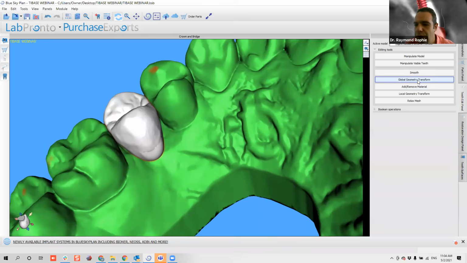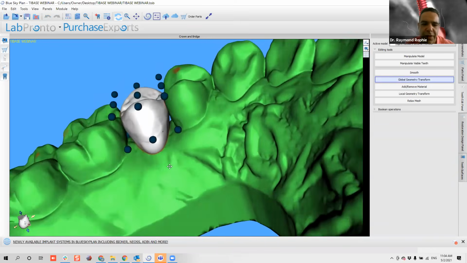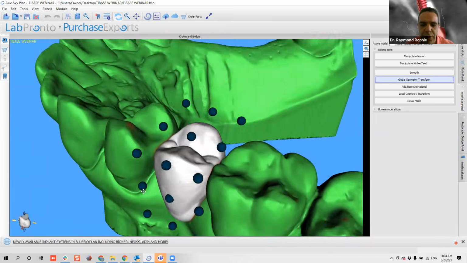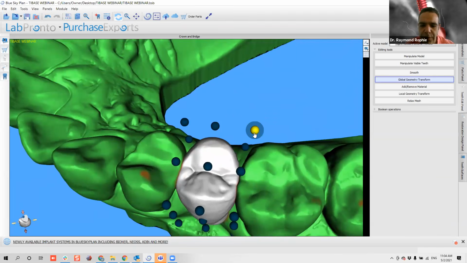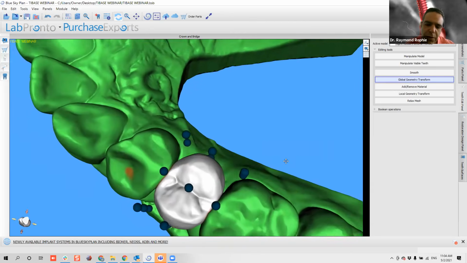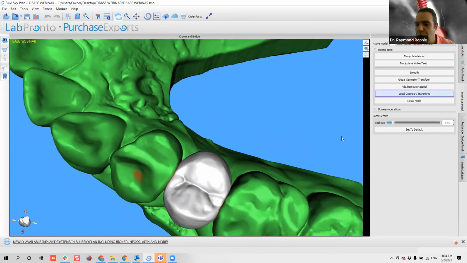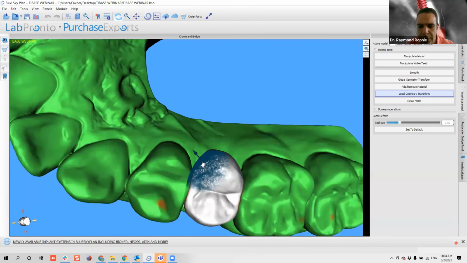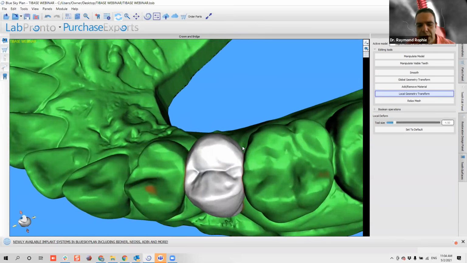Here you have the smooth, and the global geometry transform, which I think is a very, very good tool. Okay, here you have 27 points where you can modify the shape of the crown without doing too many structural changes on the design. So it's really useful. Okay, and you have as well the local geometry transform. For those of you who are familiar with CEREC, it's just like the circular. Well, it's not the same, but it definitely works like that for you as a user. Okay, and